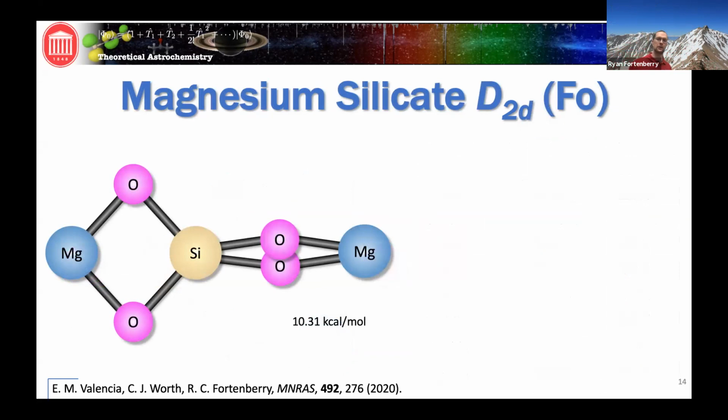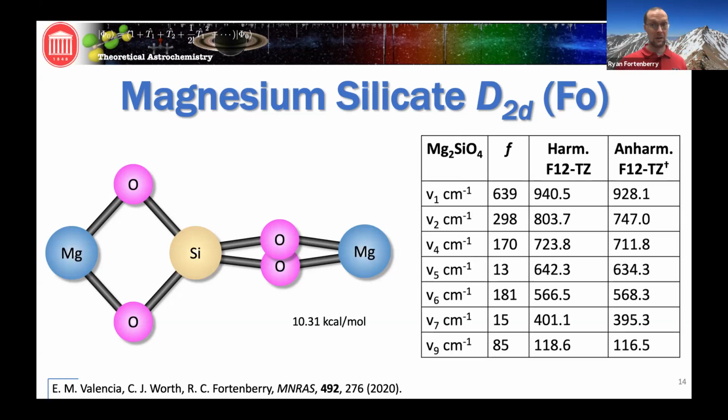Now, there is another isomer of the forsterite monomer, and that's where we get to a four-coordinate silicon. It's about 10 kcal per mole higher in energy than our ping pong paddle C2v arrangement. And now we have a D2d structure. And this one has one of the most intense vibrational frequencies that I have been able to see so far. This happens when the magnesium and the silicon function as a unit and shuttle back and forth, or alternatively, the oxygen atoms are moving across the transverse of the molecule. So we get bright intensities, and then there's another one at 300 and another at 170.